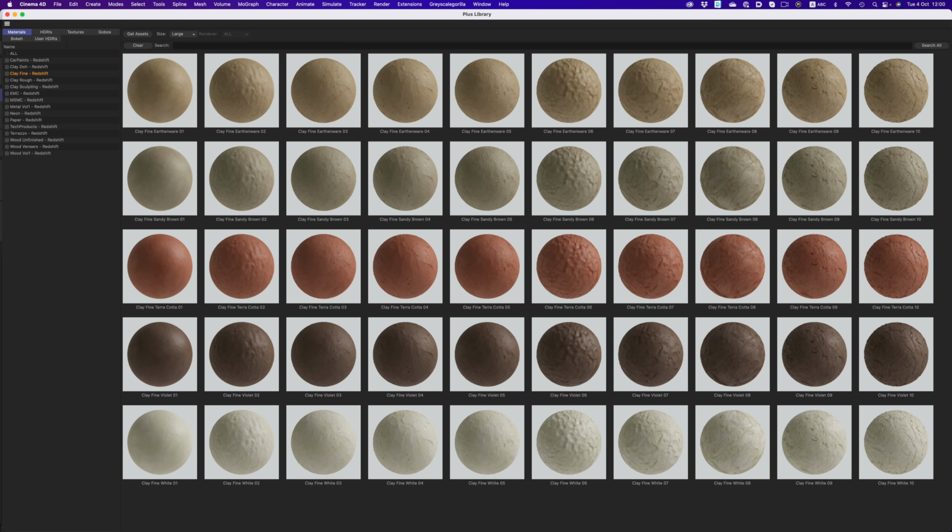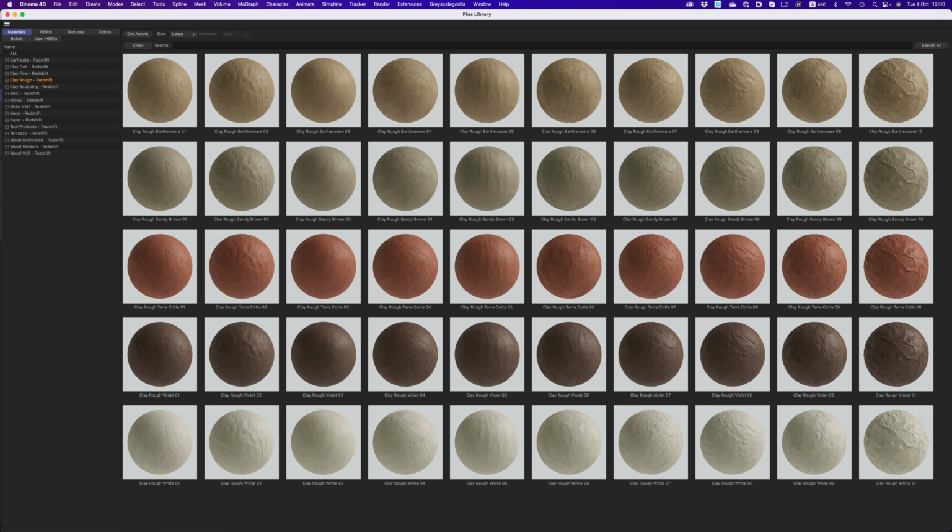But then we met with the ceramicist, and she gave us all these different types of clays that are used in ceramics and sculpting. So the rough and the fine come from actual ceramicist clay. It's a B-mix clay, and you can get them in different colors and grits. So the fine is super fine, something that you would maybe make a coffee mug out of, or sculpt a creature. And then the rough has more of a gritty feel, you can see little bits of sand in the